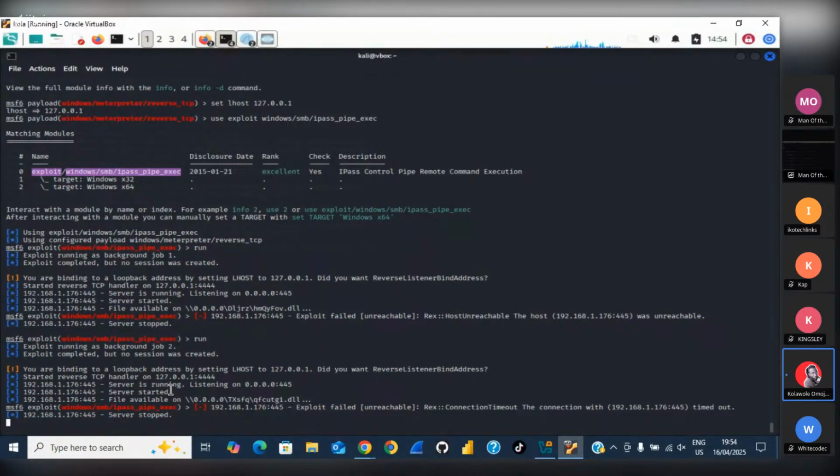Once they click on it, then the reverse connection would begin. Due to the fact that this particular system is Windows 10 or 11, it is very secured with all kinds of antivirus and firewall. So for you to do this, what you need to do now is